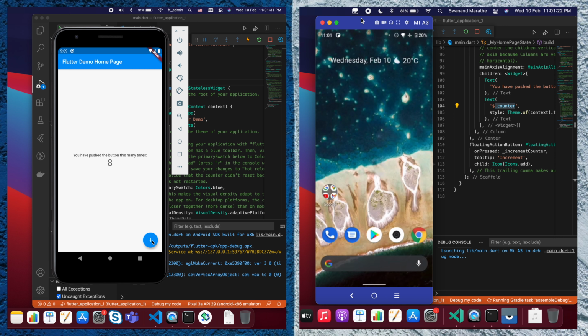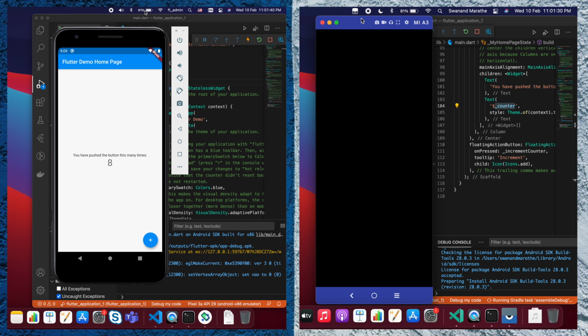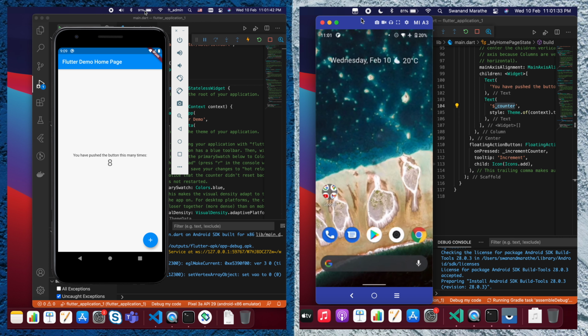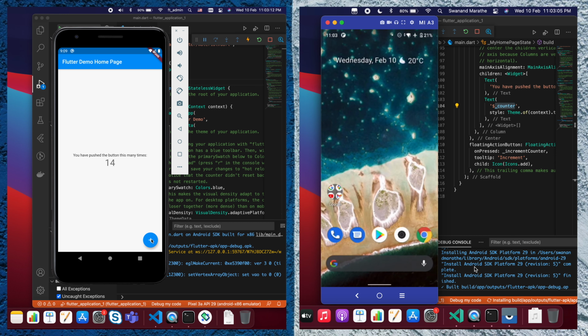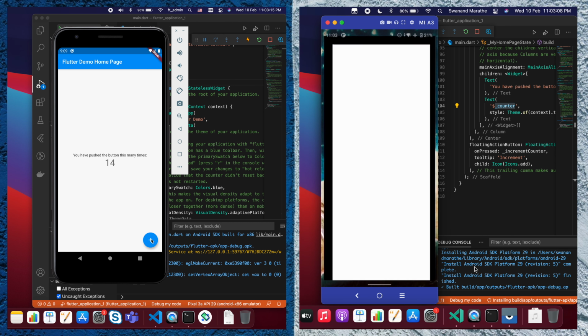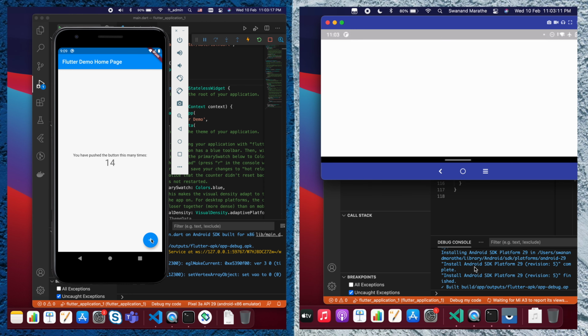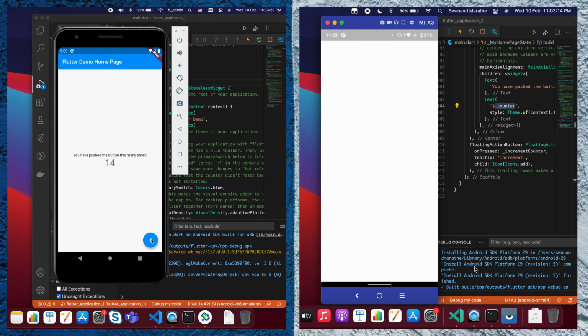It is still running, and here we can also see the battery performance. The MacBook Air M1 is still at 81%, but the Pro has dropped from 99 to 91%. Now it has built the APK, and now it has run the app on the actual device. Okay, now let's try to do a subsequent build, because it has not built the application on Android for the first time. Now let's try for a subsequent build.